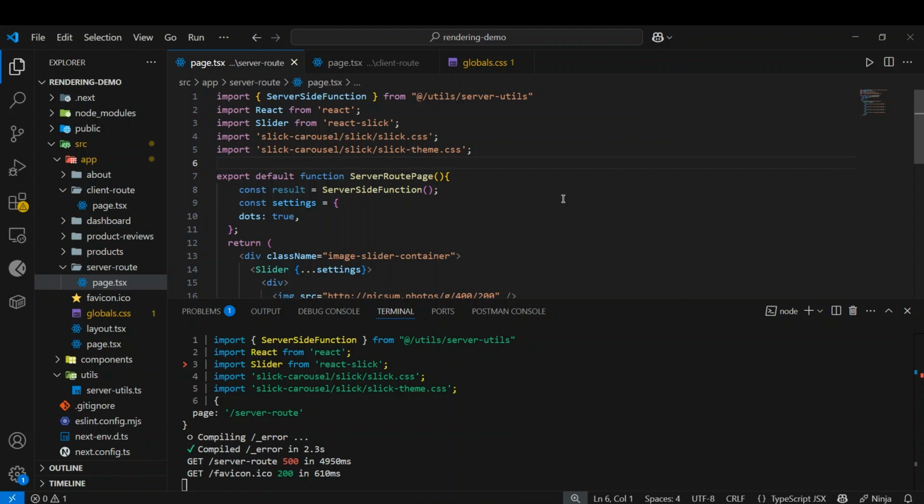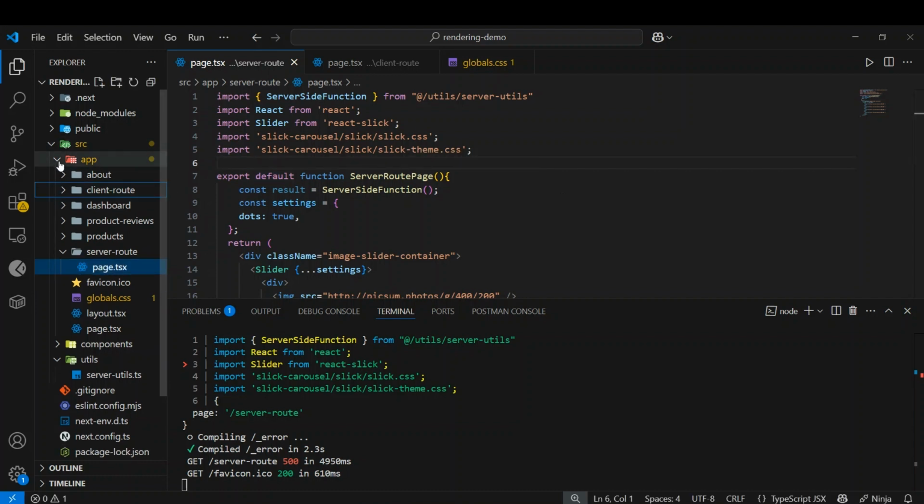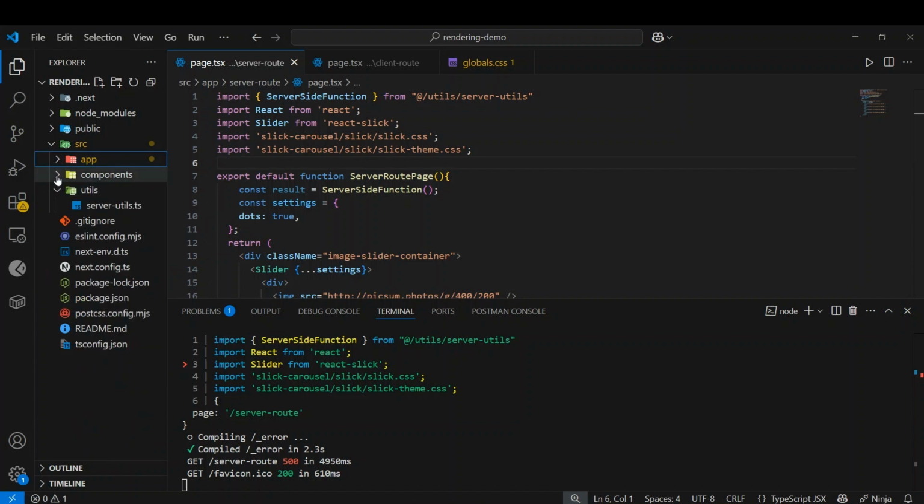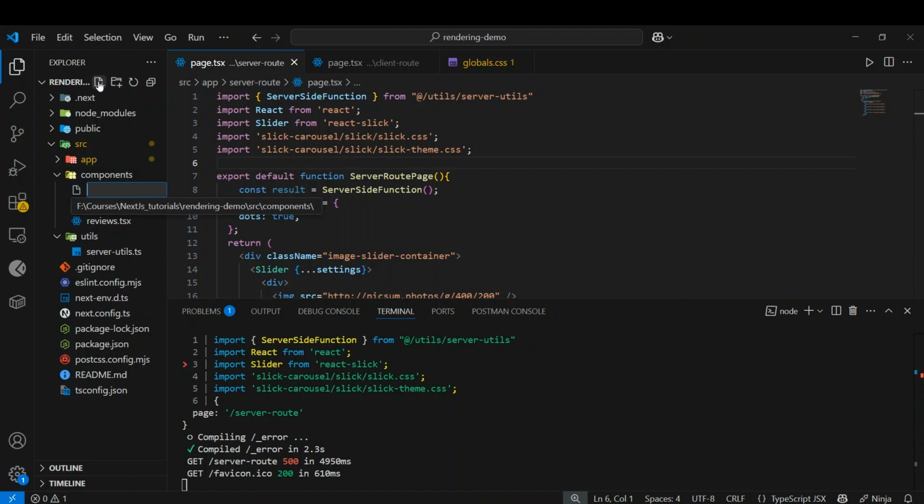we are giving away valuable server side capability like database calls, access to the secret environment variables, etc. So to resolve this, we must encapsulate third party components that depend on client only features within our own client component. So in the component folder, we will create a new file with the name image slider. So let's create that. Here inside the component, we can create a file called image slider.jsx,